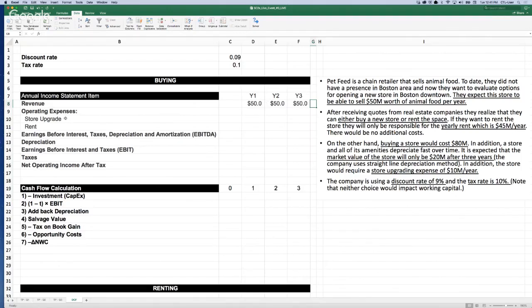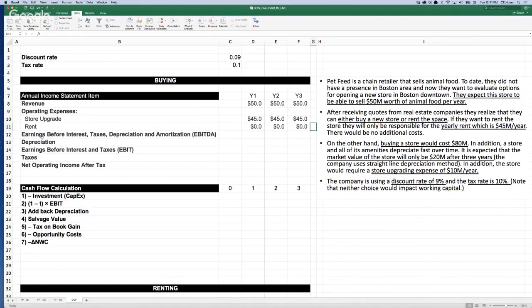Now let's talk about the operating expenses. If we are buying the store, we are also responsible for maintaining the store, so there's a maintenance charge, and if you read through it, that is around 45 million, and that again remains the same throughout the years. And obviously, if we are buying, the rent is 0. It's our store, we don't have to pay any rent.